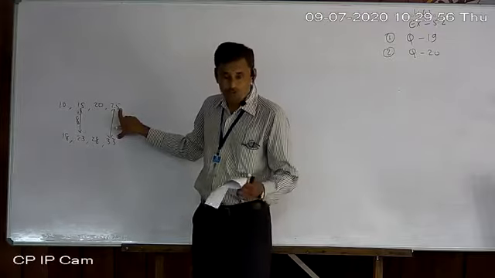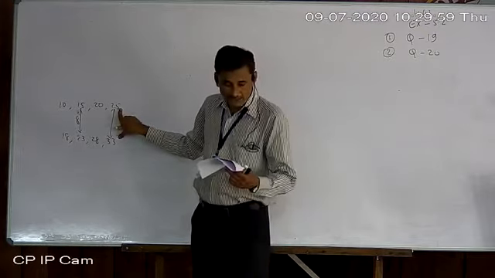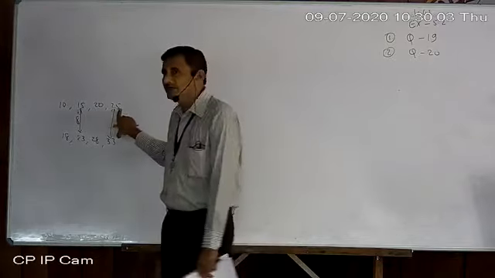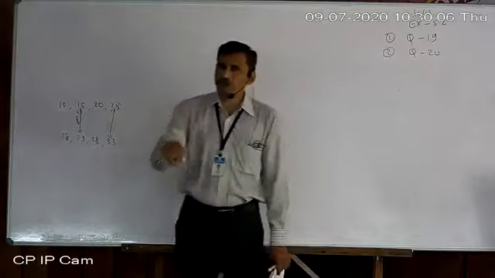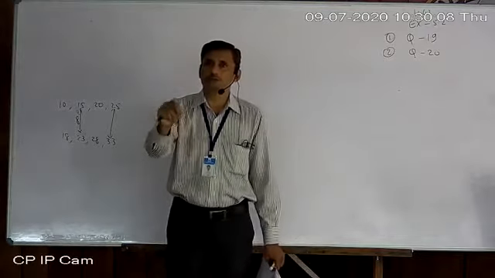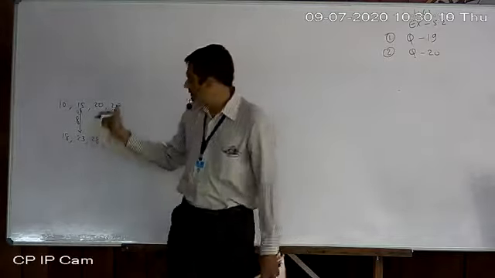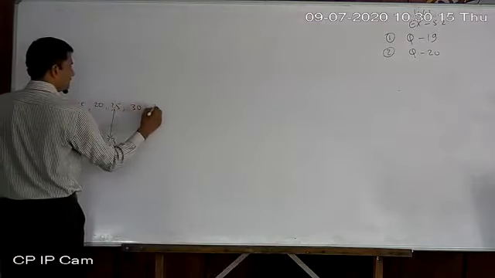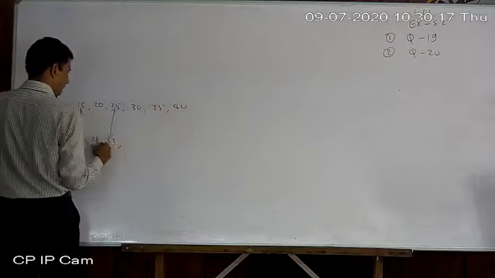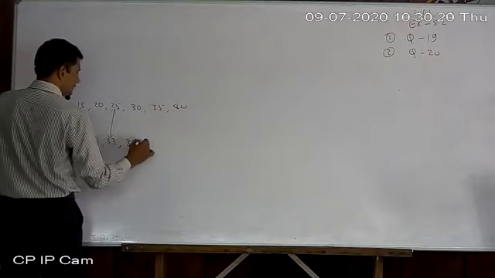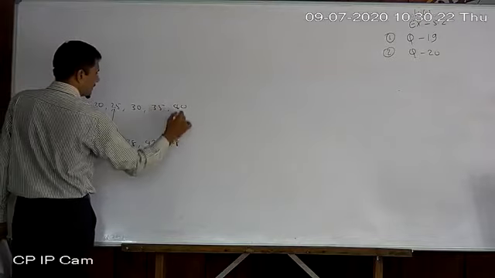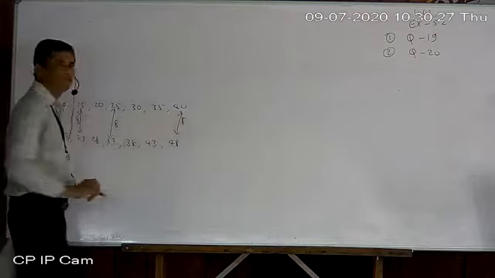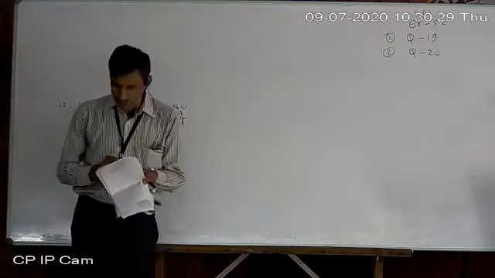So now we can also give the answer directly: if the difference between the 100th terms of both APs is 100, then the difference between the 1000th terms of both APs is also 100. I have given you an example also. If you want to check it, you can write further also. Okay, now 38, 43, 48. Now take the difference here also, take 8 everywhere. That is only one example according to them.